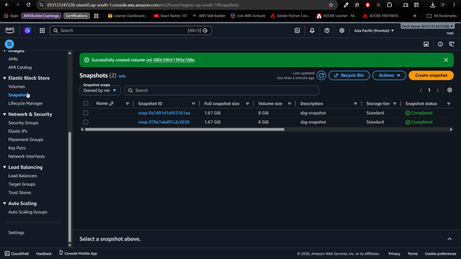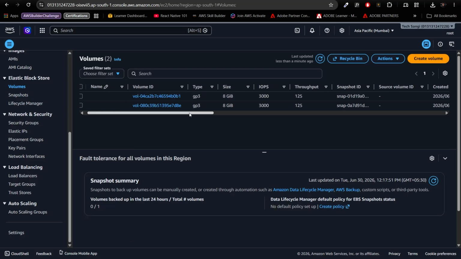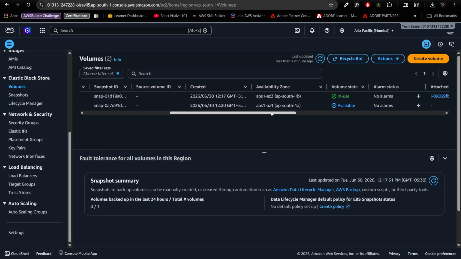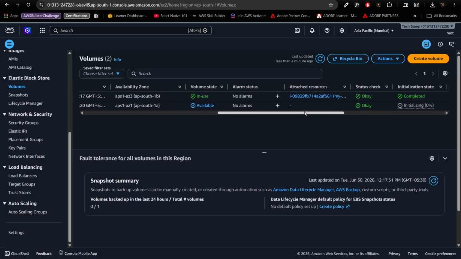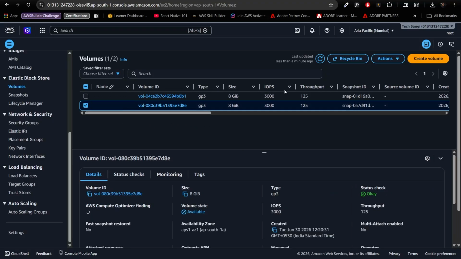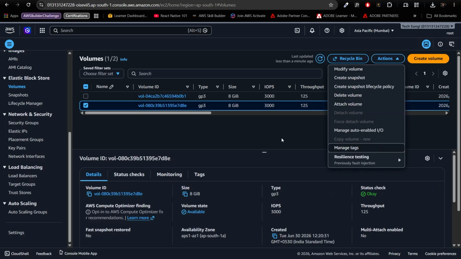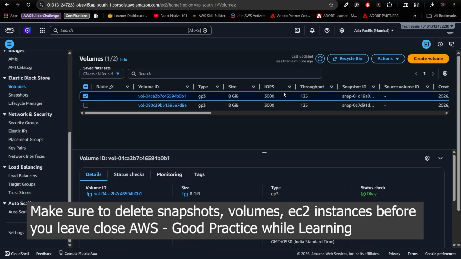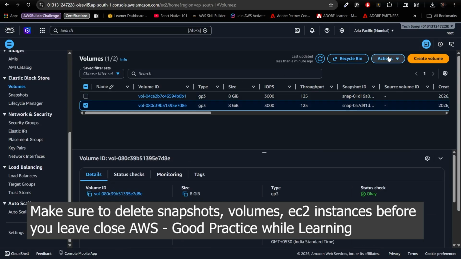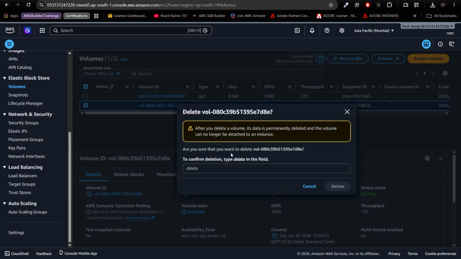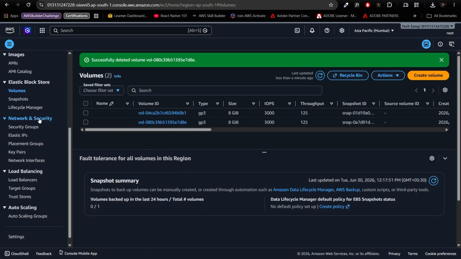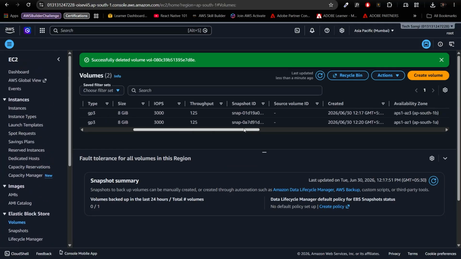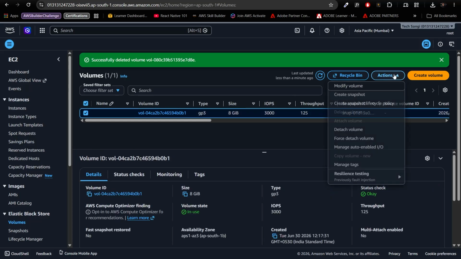So now let me go to the volumes tab back, and you can see I have 2 volumes created over here. Now you can attach your new volume that is created in another availability zone to your EC2 instance as well. So now just remember to clean this up because we don't want to let my AWS bill grow up. Now you can simply select the volume which you don't want. I don't want any of the volume for now. Done. And for another volume also I will click on actions. You can delete. First you need to detach volume.